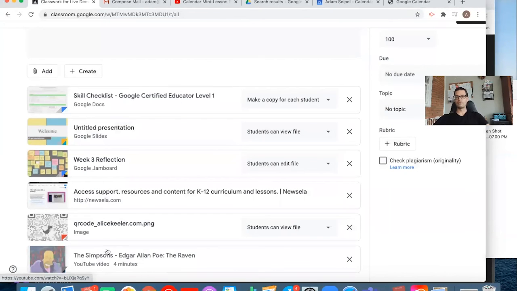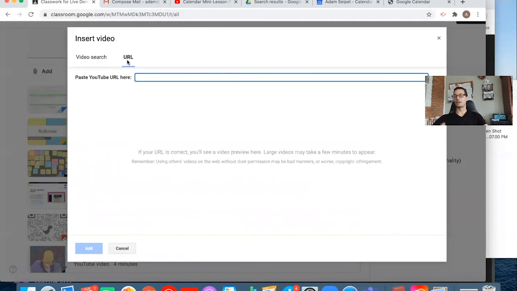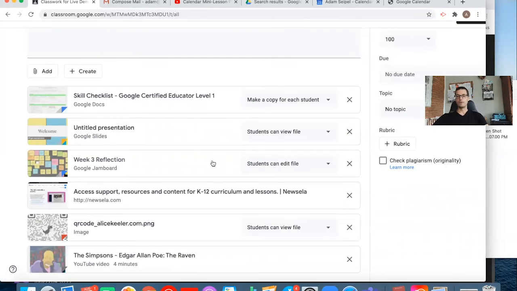So now that I have each of the resources that I want, there is one other way that we can add YouTube. So we can also do it by URL. So if you already have the web address for your video, you can just copy and paste it in here, and that works just as well. Okay, so now we have our 6 different resources in here, a mix of Google Drive resources, links, uploaded files,